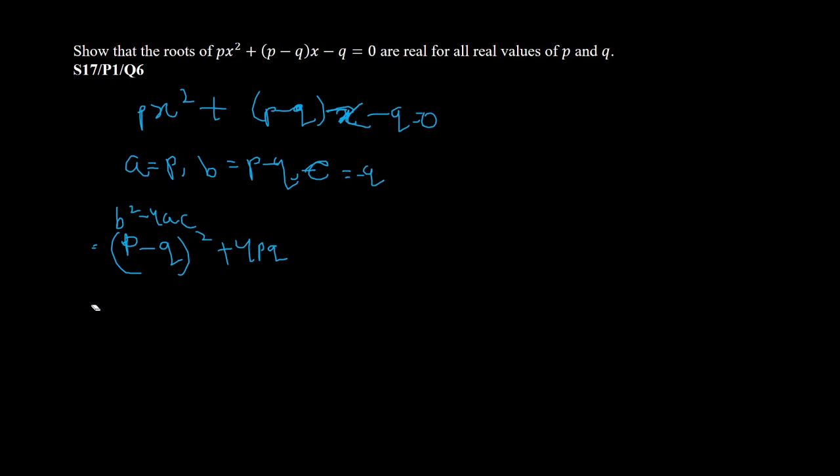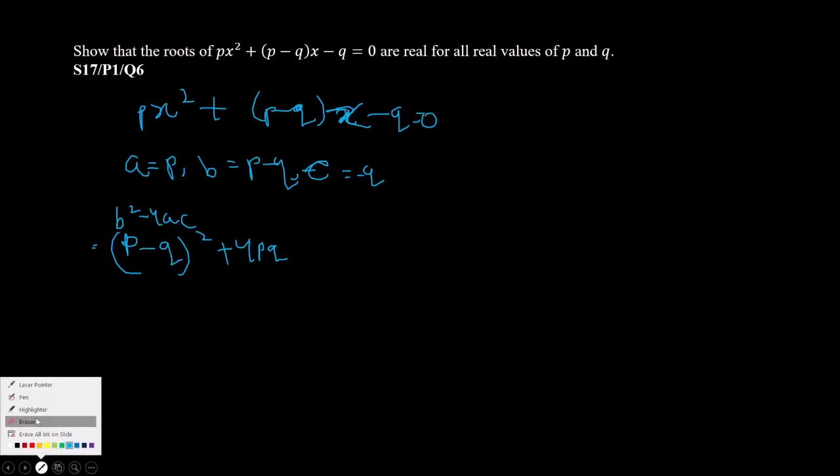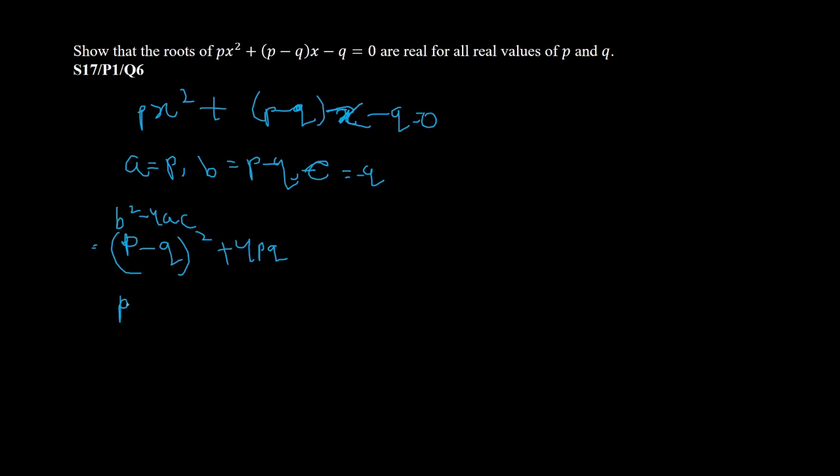Or you know what, if we know that it is going to be this part, this (p minus q) whole square, only this part right here, we know that generally whatever value of p and q we put, we will always get this thing greater than or equal to 0. So therefore we can write (p minus q) whole square is always greater than or equal to 0, and then obviously we can say that if we add this 4pq with that,